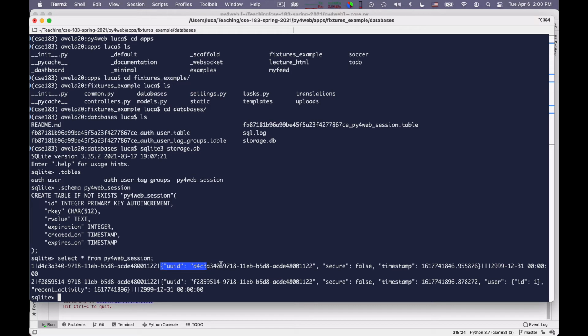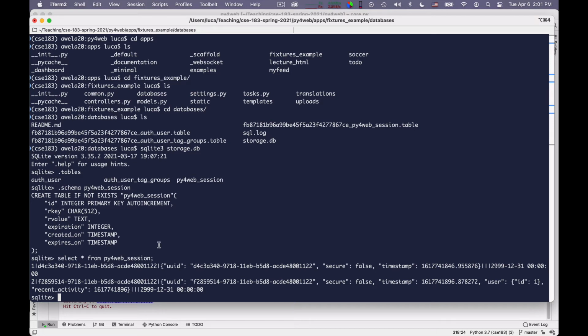The session has a secret string, whether it was loaded via HTTPS, a timestamp, and in the first case not match. I think this was a session before I logged in, and in the second case it says that I am actually the user 1, and this is when I was active last. Okay, so this is the content of the Py4Web session table.